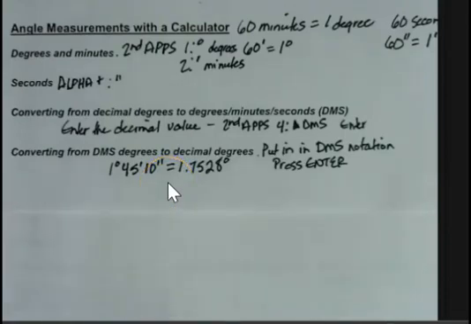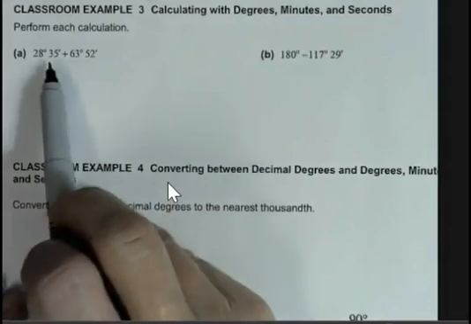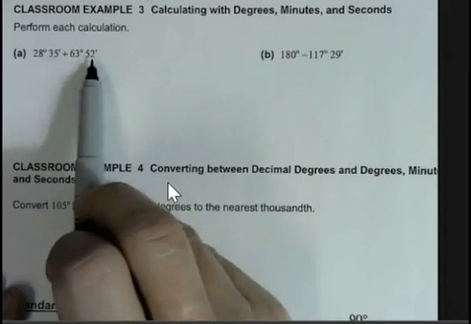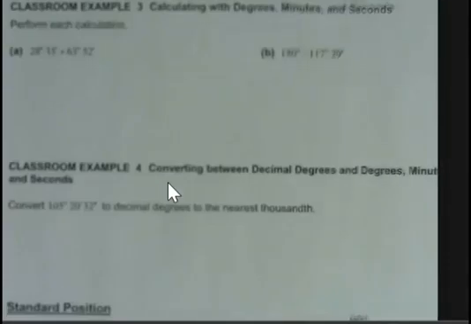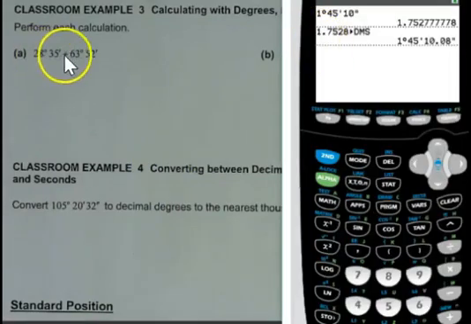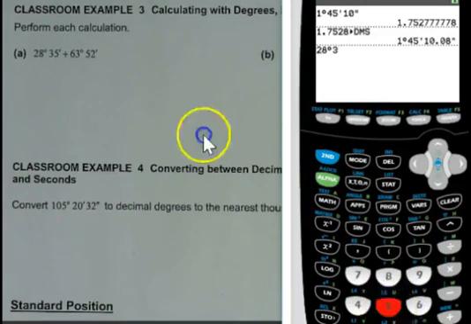Now let's do a little bit of practicing with this. Here we're adding 2 angle measurements, and if you're going to add these by hand, remember that to go from minutes up to degrees, there are 60 minutes in 1 degree. So if you're doing it by hand, it's not going to be just direct addition. We're going to do this with the calculator. So that means I need to put these 2 angles in DMS notation. So I'm going to start with my 28 degrees, 35 minutes,